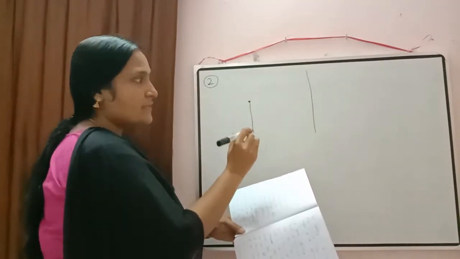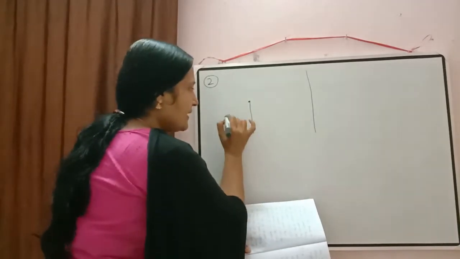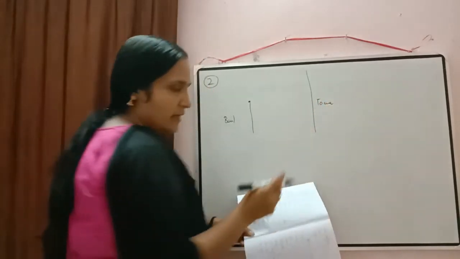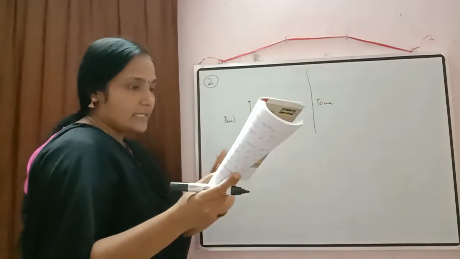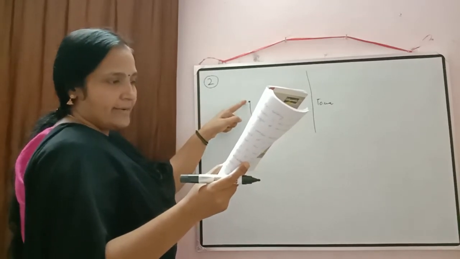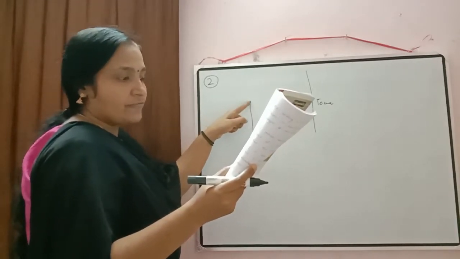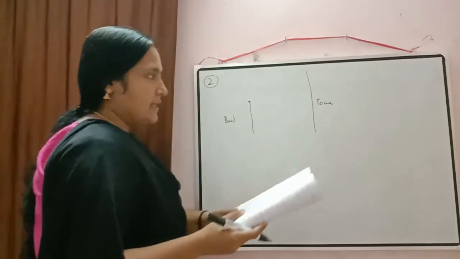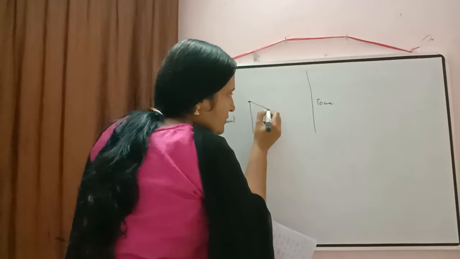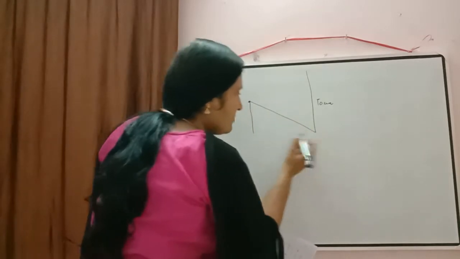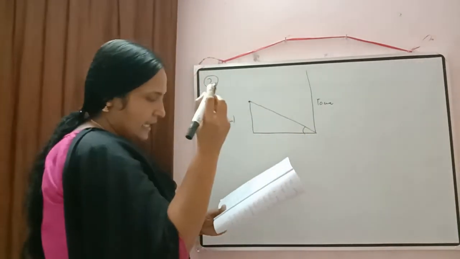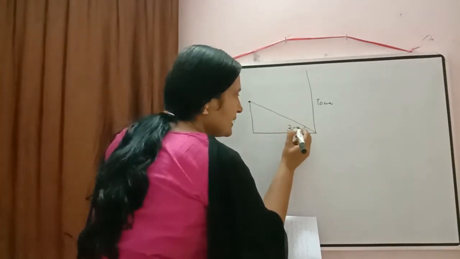From the foot of the tower. Here this is the building which we have, and here we have the tower. So the information, just to check the question: the angle of elevation of the top of a building from the foot of the tower is 30 degrees. So we have the foot of the tower here. The angle of elevation of the top of the building from the foot of the tower is given as 30 degree.